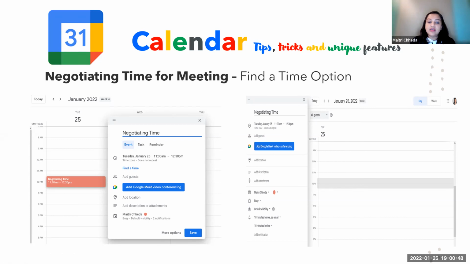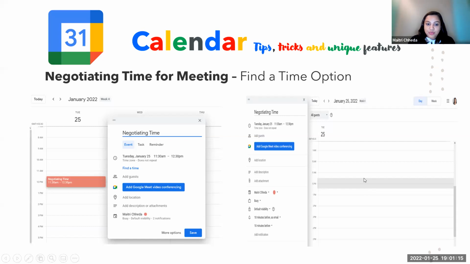So this is helpful when 4 or 5 people are trying to find a time to discuss a certain thing, and that is not being discussed because everybody will constantly go around, saying okay, I am free now, then okay, I'm not free now, I have this work, this is clashing. So this find a time option works. You can use this option when you are in the team and want to give a specific time.